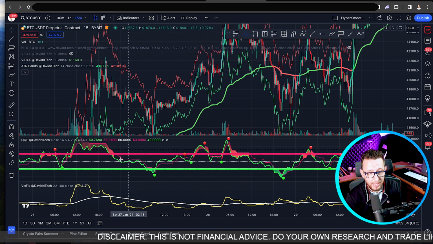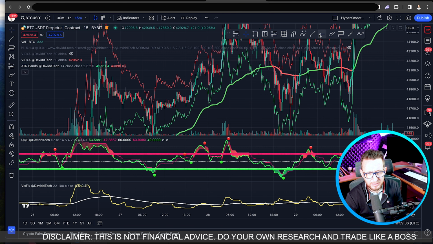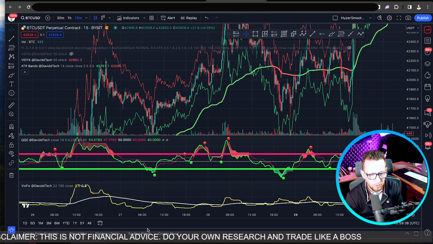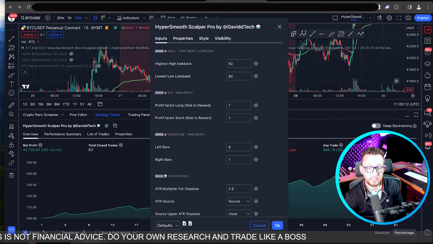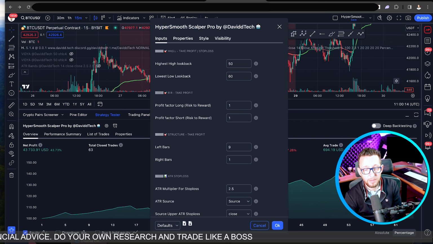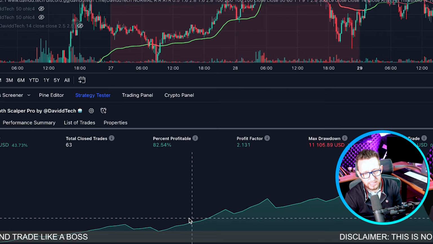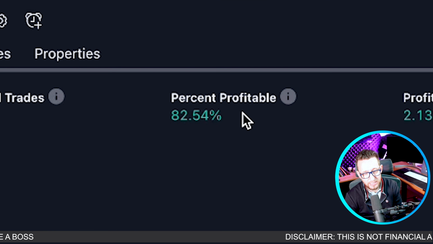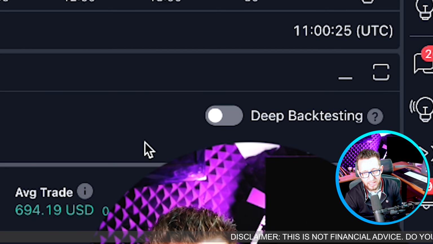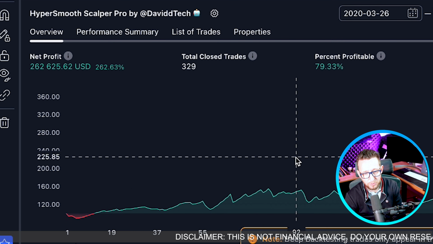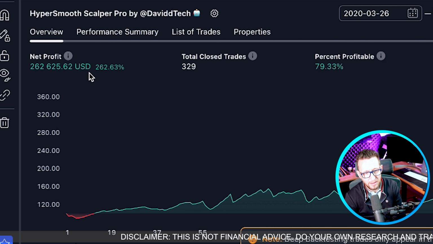And also you can add things like multiple take profits. This backtest here is multiple take profits. This setup here is a single take profit and is a risk to reward of 1. So we've decreased it, and as you can see, that's increased our win rate to 82%. And if I deep backtest it, it is still profitable, almost 80% the whole of the way, but our net profit